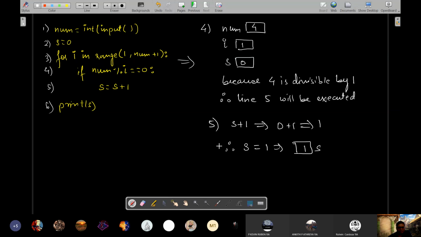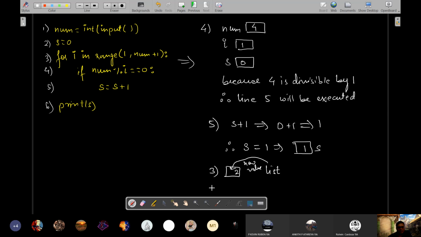Next time, what will happen? Again, which line will be executed? It will go back. When i is 2, line number 3 will be executed again. फिर वही होगा. I will pick up from the list a new value. What will be that new value? 2.